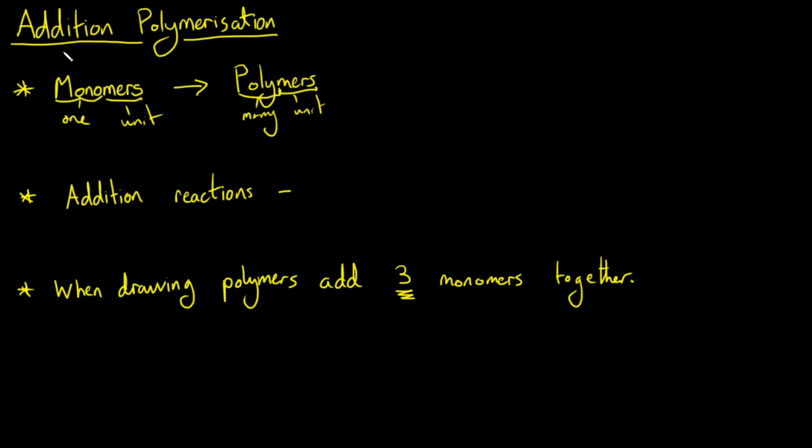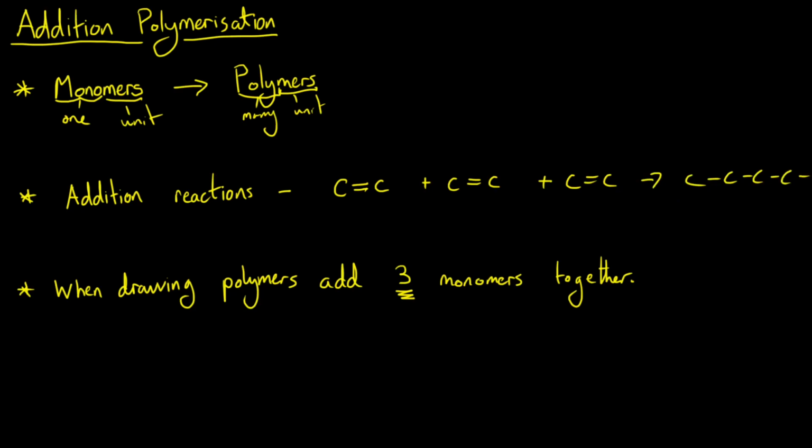This is specifically an addition polymerization reaction. There's different types of polymerization reaction, but we're only focusing on one, addition polymerization. And we've talked about addition reactions before from Unit 2. If you have an addition reaction, we need to have a carbon to carbon double bond. That is very important. For us to undergo addition polymerization reaction, our monomer must contain a carbon to carbon double bond. And essentially, all we're doing is we're adding together these monomers, these carbon to carbon double bonds, to produce